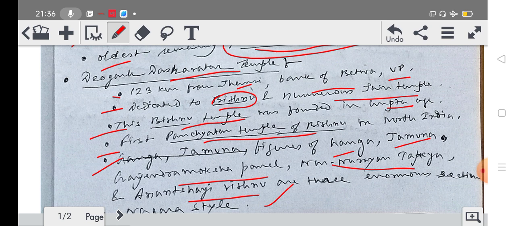So it can be asked in any type of examination, particularly in civil services, in which temple we can find the Gajendra Moksha panel, Nara Narayana Tapasya and Anantashayi Vishnu. 4 examples are provided there, like Deogarh Dashavatara temple, Bhitargaon brick temple, Udayagiri cave, Brihadeshwara temple. 4 alternatives are provided, and you will be confused. If you are equipped with detailed knowledge, you will easily answer this type of